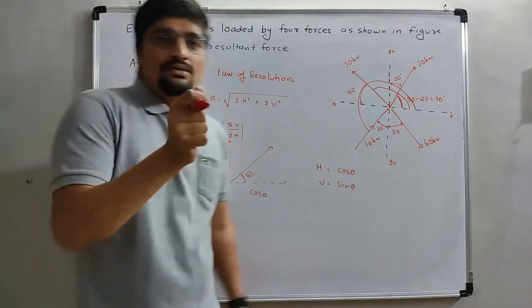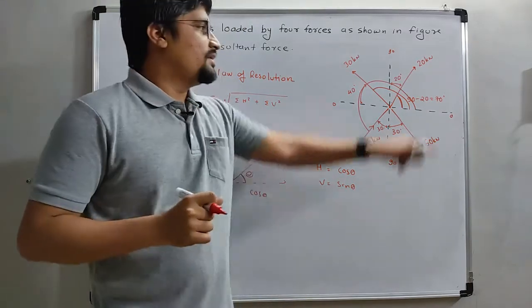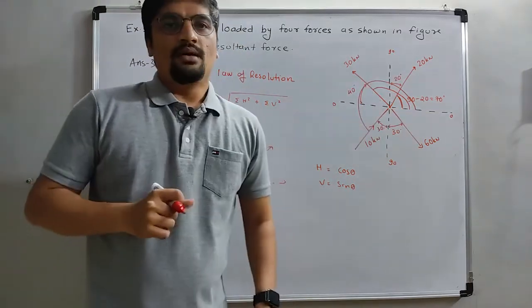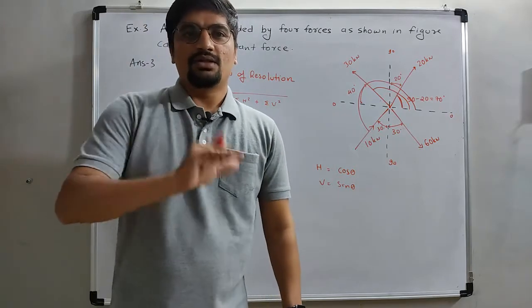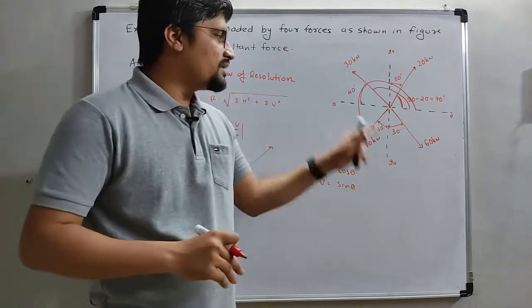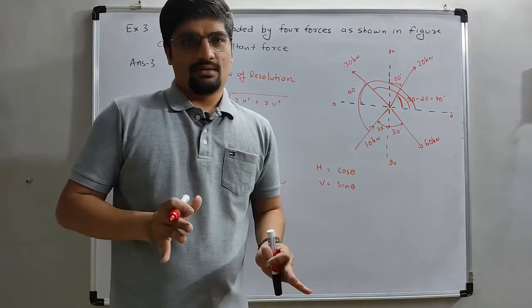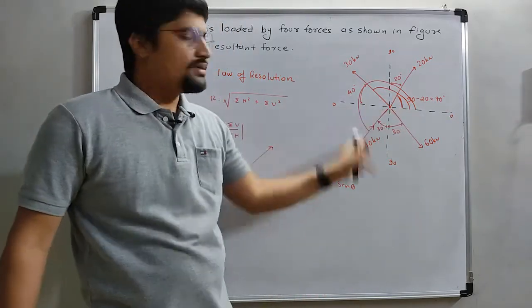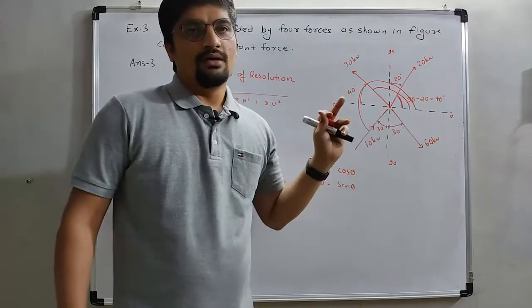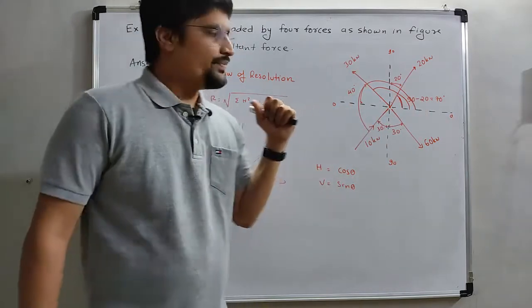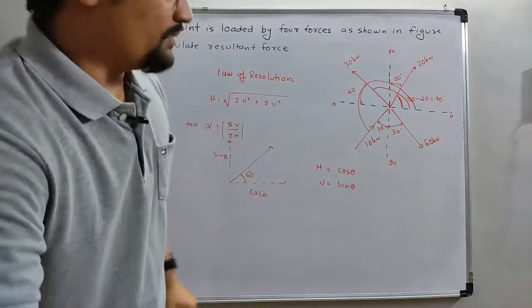It will be the easiest method, because in the 0 to 90 method we need to manage the plus and minus sign combinations as per the direction of the forces, and that might confuse us. This is the easiest one. We will use this method to calculate the resultant force. Let's start and solve the sum.